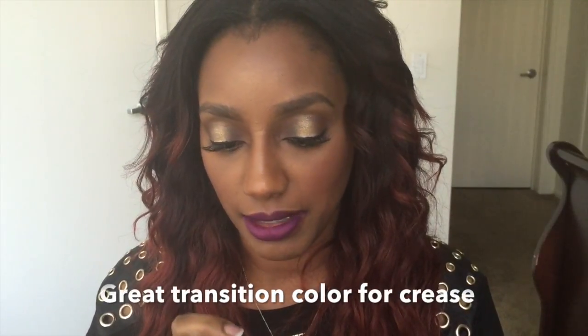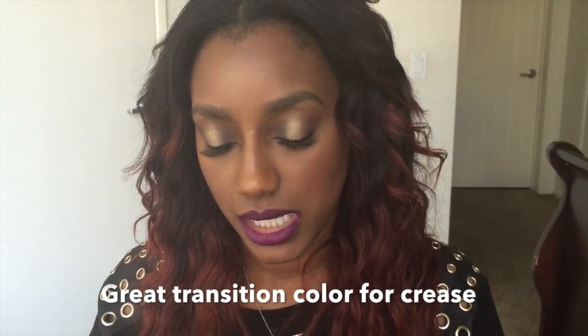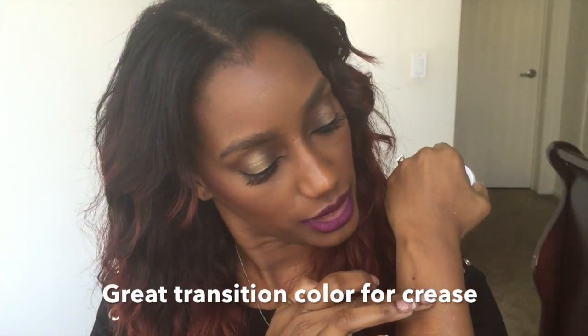We have Game Face. Game Face is pretty. It's a nice copper tone. I'm gonna grab a good amount and show you guys. I mean, look at that though. This is Bandit. So this is a matte eyeshadow. I've not tried it yet, but matte it is. And from what I'm seeing,